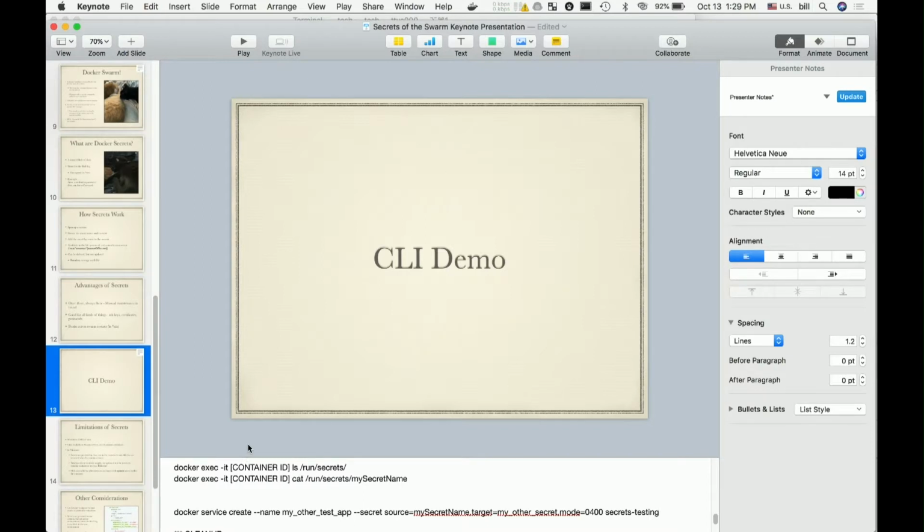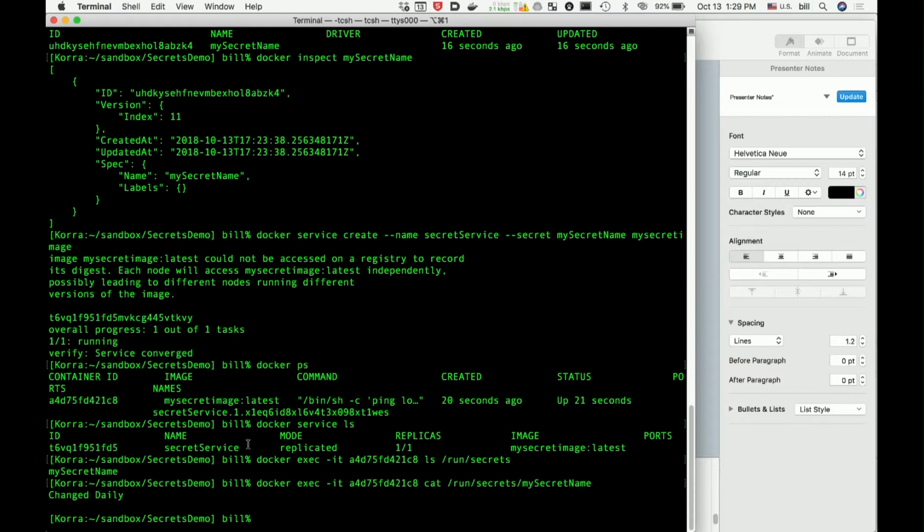All right. Does anybody have any questions before I move on from the CLI bit? Yeah. What's the benefit of using this secret inside the swarm rather than environment variables that are managed by DC/OS or Kubernetes or something else? It comes built in. So it's something you don't have to add any other functionality. It comes built into Docker.